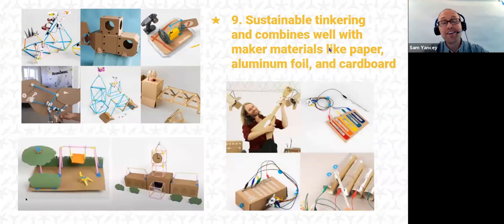And on top of that, teaching with sustainable tinkering is a great thing to do in the classroom, and it's something you can also share about in your grant. So sharing about how, with the materials that you're requesting, you're teaching students to use maker materials in combination with Strawbees, for instance, things like paper that you already have, maybe in the classroom or at home, aluminum foil, cardboard, things that can be tinkered with, that can be used again and again and again in a sustainable way, and emphasizing that in your grant,